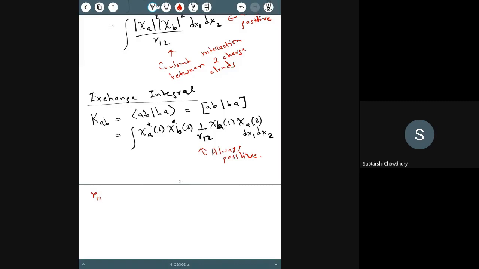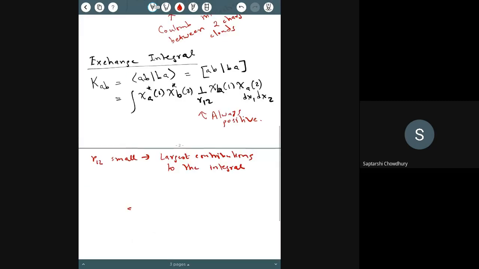So when R12 is small, then you have the largest contributions to the integral. Okay, and when R12 is large, you have the smaller contributions. Now, what do you mean by R12 being small? When you talk about R12 being small, it means that the R1 vector and the R2 vector are largely similar. And when they are largely similar, then